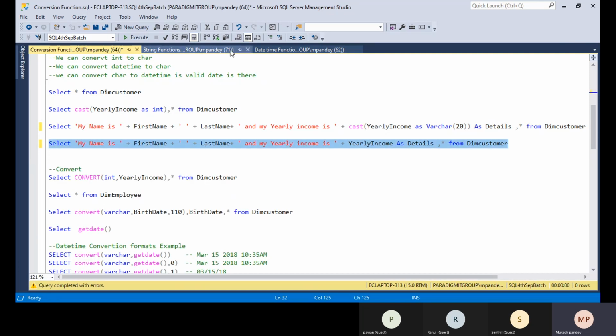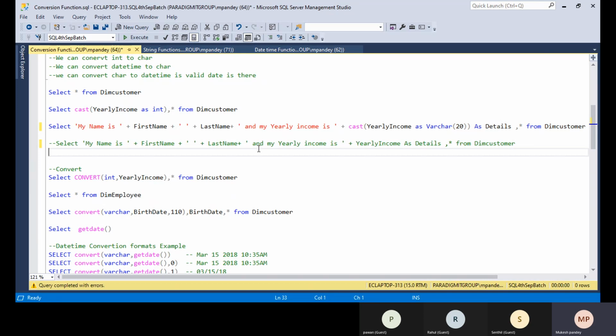To handle this error, we need to use the cast function, because it is used for data displaying purposes. So we use the cast function and convert the yearly income also to varchar 20. You can put 20, or 50 depending on the column details. Now if you execute this one,